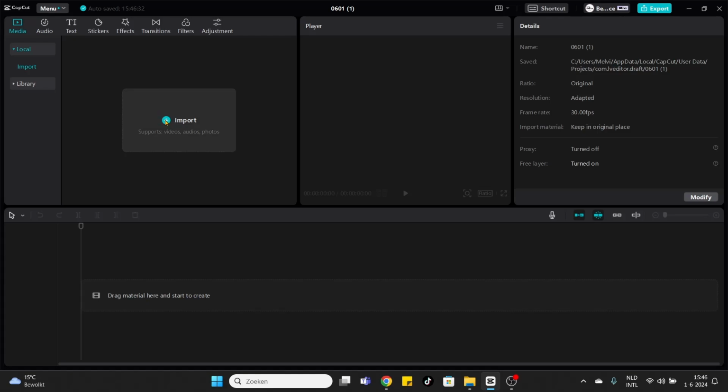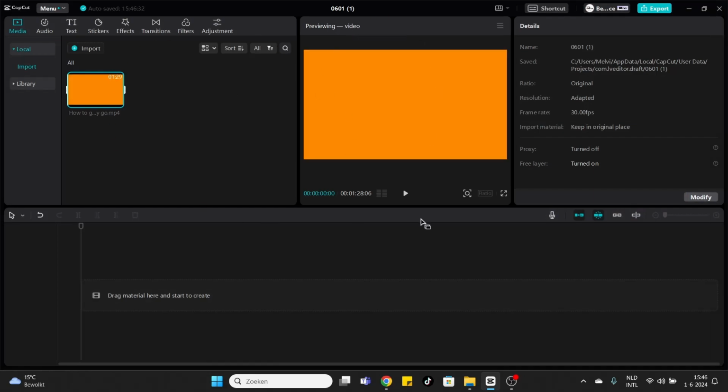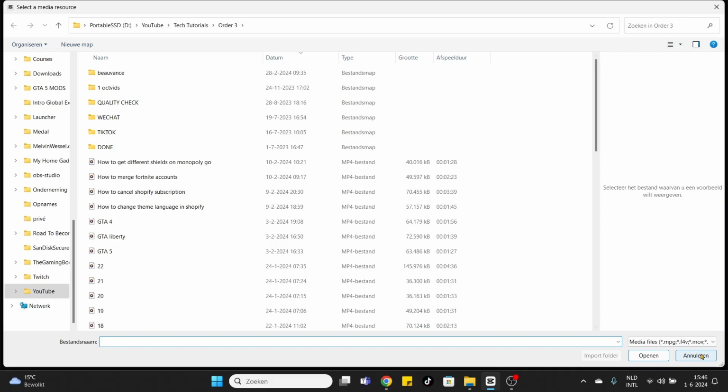Click on import, and after that you can simply import any video into your CapCut library. So here's the imported video file, and you can do this with any file, but they need to be supported